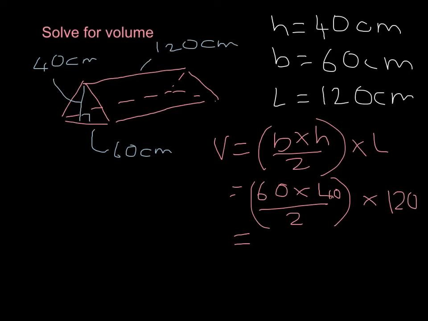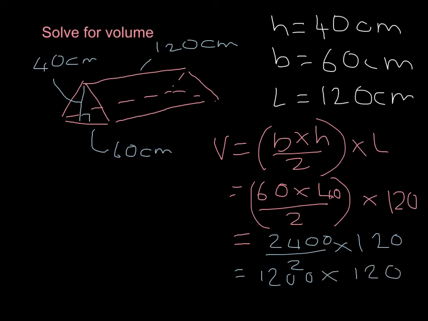Okay, so we keep going here. And so 60 times 40 is 2,400 divided by 2, multiplied by 120. And so I go ahead and I divide that by 2, and that equals 1,200 multiplied by 120. And that equals, sorry, I'm going to have to go off on the side here. That equals